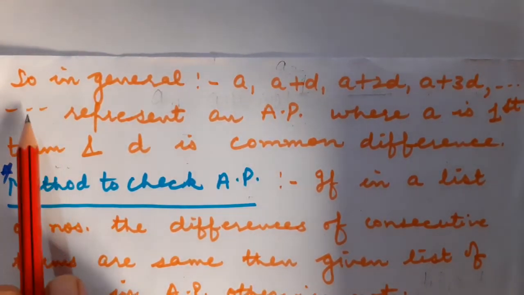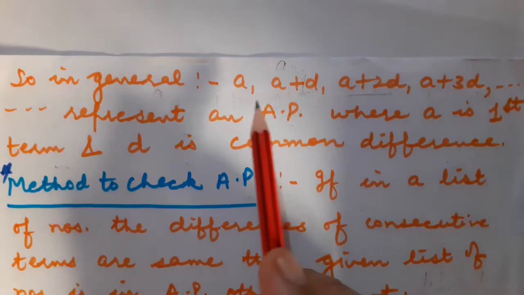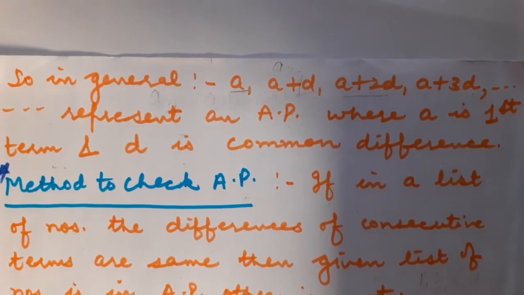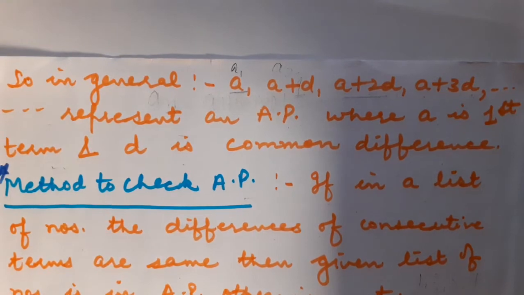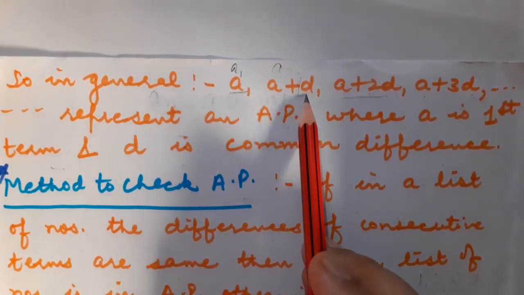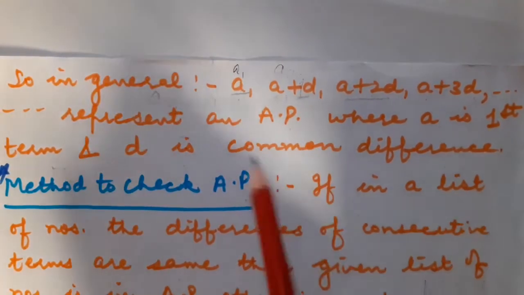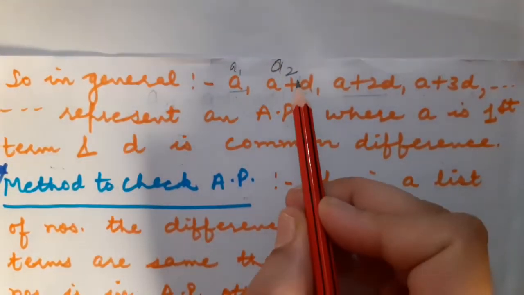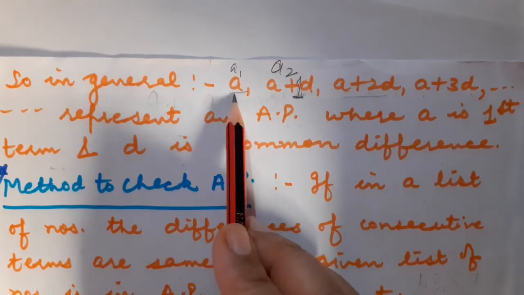And the another way is how to write each and every term of an AP in generalized form. Suppose, children, I talk about the very first term, that would be considered as A. So this is basically A1. If I ask you to find out A2, how will you get A2? You are just going to add the common difference D to its preceding term, that is A. So it would become A plus 1D. So when I talk about A2, you can observe that the numerical coefficient of D is 1. Correct? But when I talk about A1, that is A only, here the numerical coefficient of D will be considered as 0.